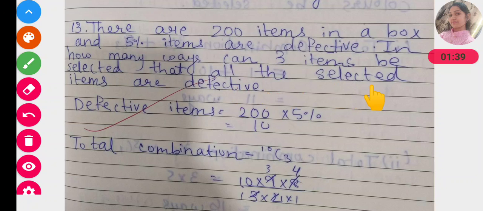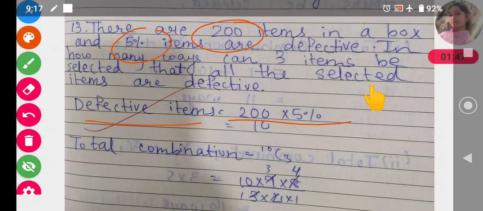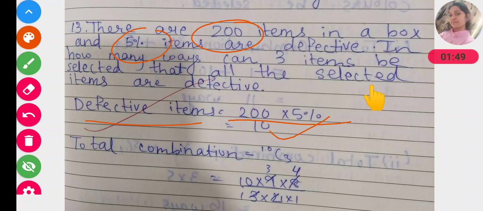First of all we have to find the number of defective items. Defective items is equal to 5% of 200. So 200 into 5%, there are total 10 defective items. So 10 items are defective out of 200 items.